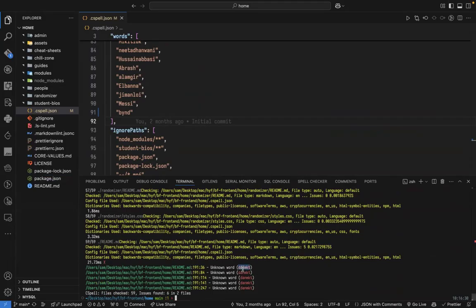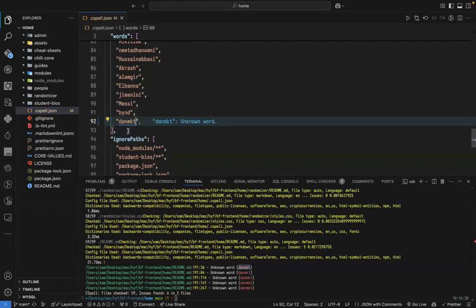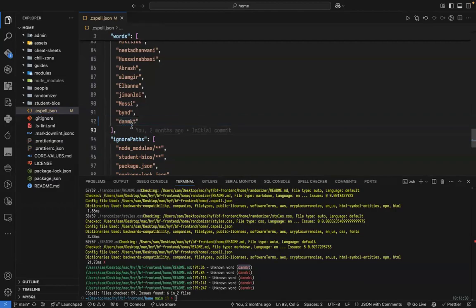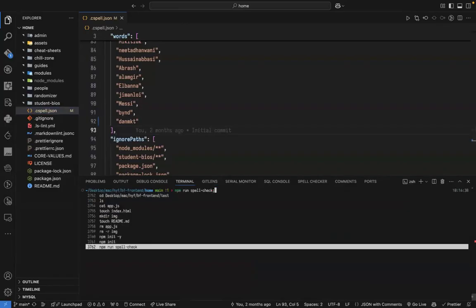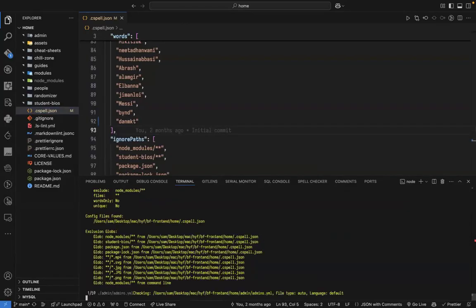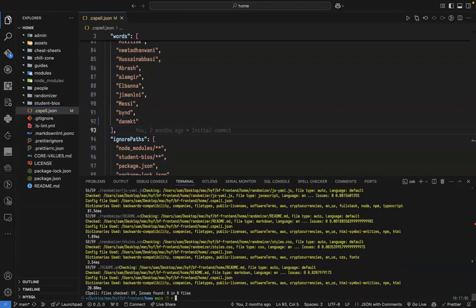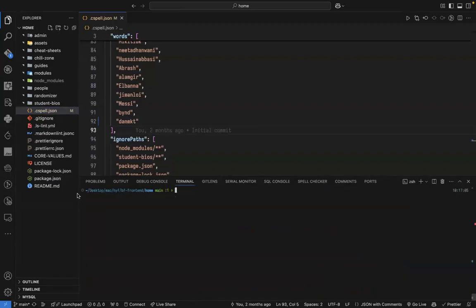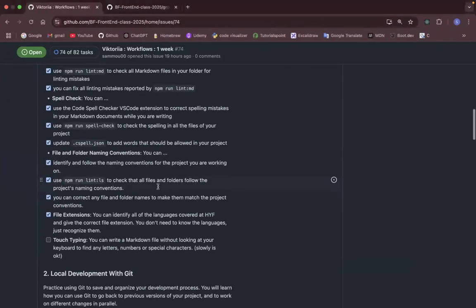Which is quite simple. All I have to do, I can copy this word, and after that I can go inside C spell and I can add a comma, and here I need to use double quote, not single quote, double quote, because that's JSON here. And I can add the word, and after that, if I do so, and now I run npm run format, I will not have this problem anymore, as you can see. I did explain it yesterday, but anyway, that should be good. Okay,